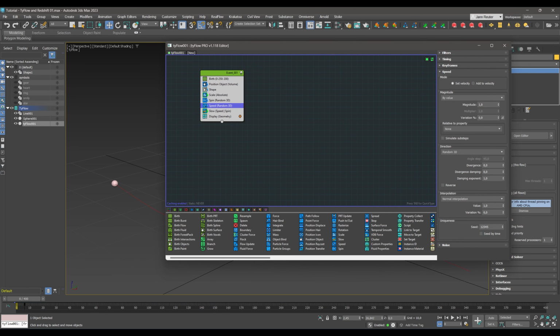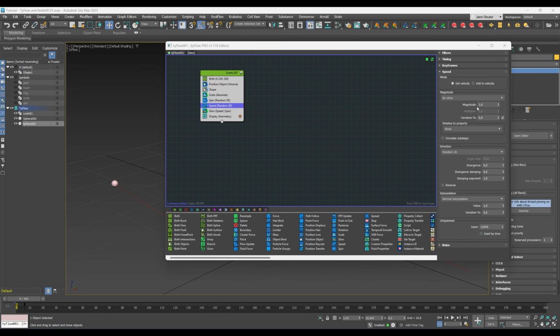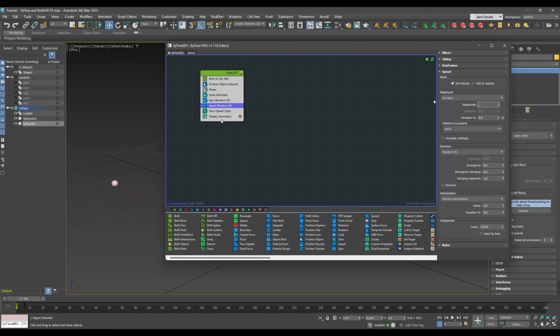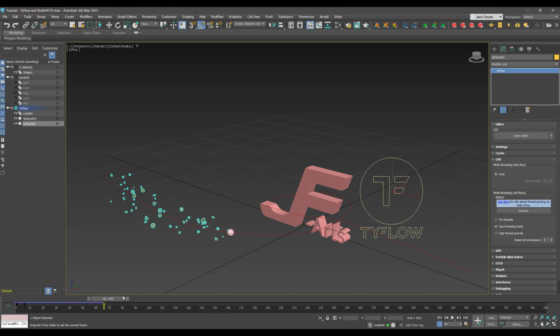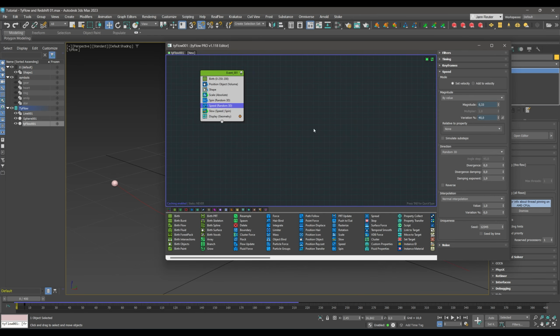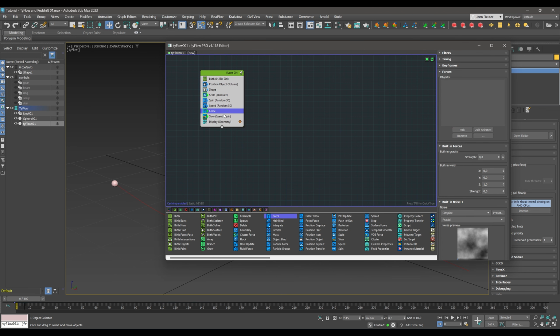So I will give it a speed operator with a tiny magnitude of 0.33 and a variation of 40 with the random 3D direction. Much better. But also with a recognizable pattern of turbulence, and this will be caused also by a force operator